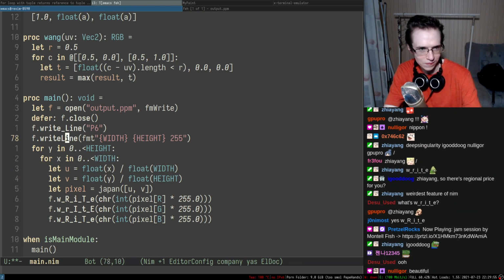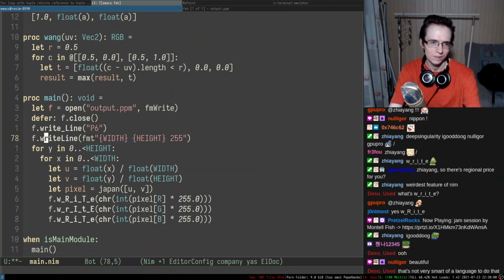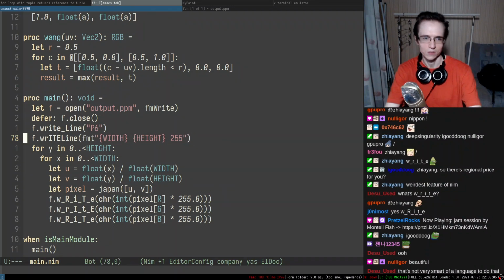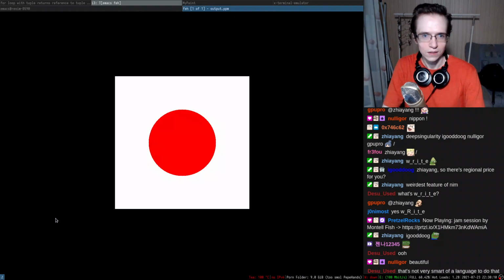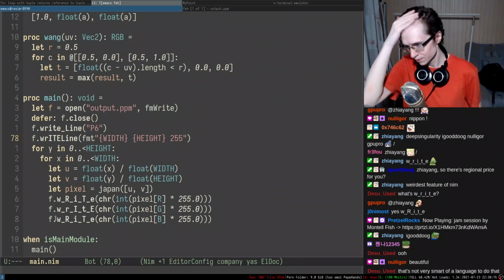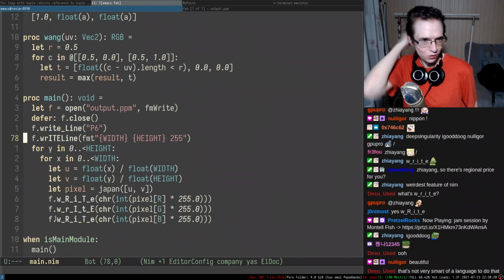Yep. So, and we can even put it like that. So maybe I can, yeah, perfect. So, and that will work actually. That will actually work. Yep. It's not very smart of a language to do.